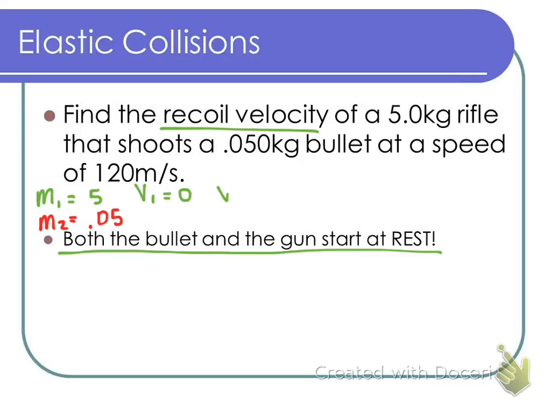V1 is 0, and V1 prime is what we're solving for, right? We want to find the velocity of that gun after the collision. The second object, V2, starts at rest, and V2 prime, the bullet leaves the gun with what velocity? 120. Okay? The mass does not change for that object, so that stays the same. So as we start plugging it into our equation, we would say M1 times V1 plus M2 times V2 equals